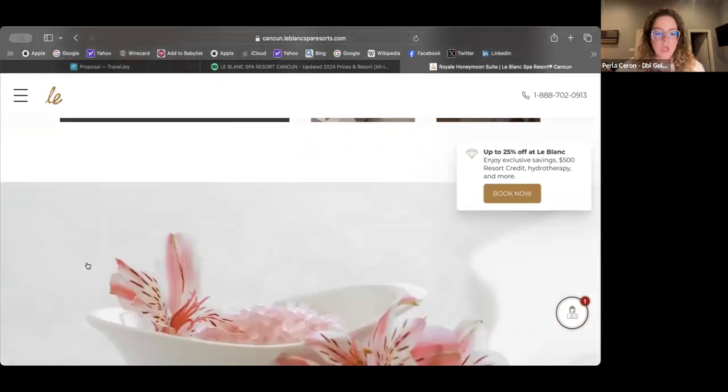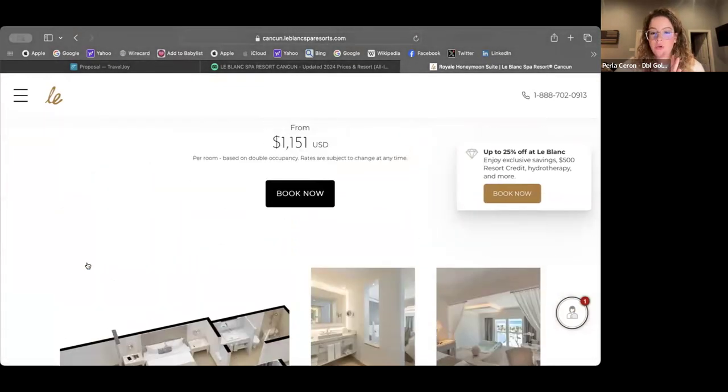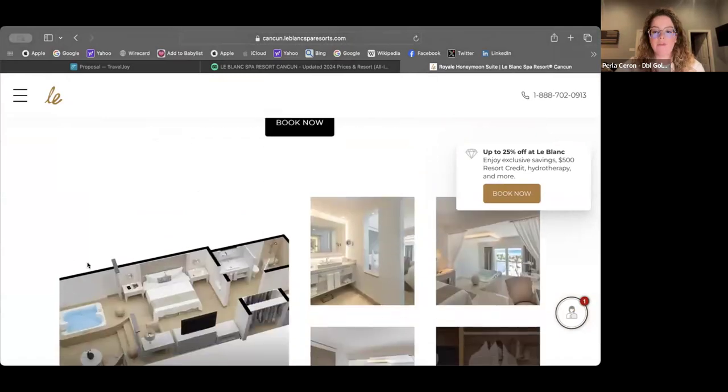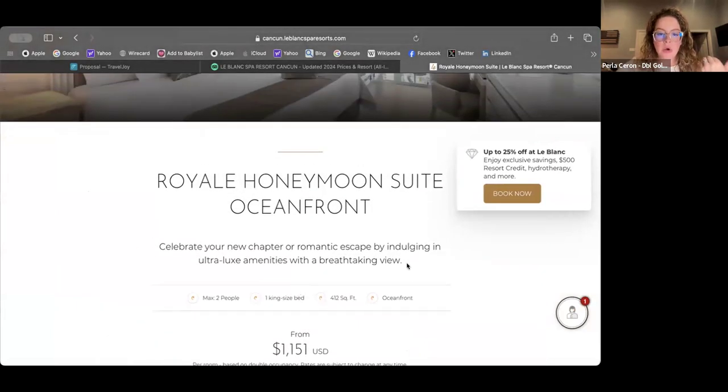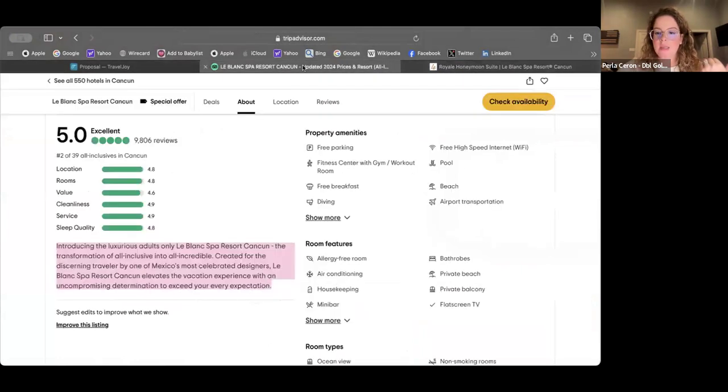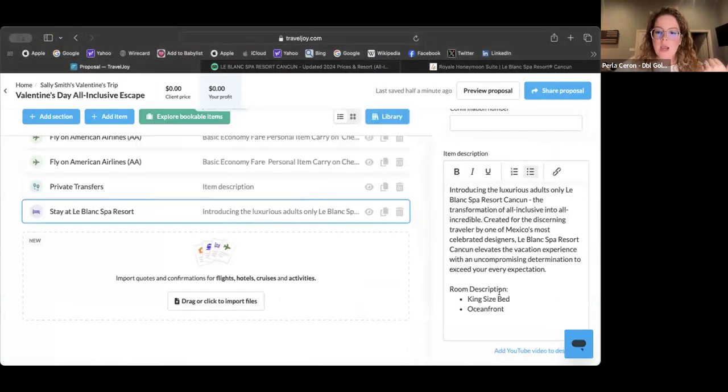Okay. So these are all different things that you could include on here, but I've heard great, amazing things about this resort, and it's just very straightforward. Okay. So, I think that's it in terms of the room description. I'm not going to add anything crazy. Okay. Now,